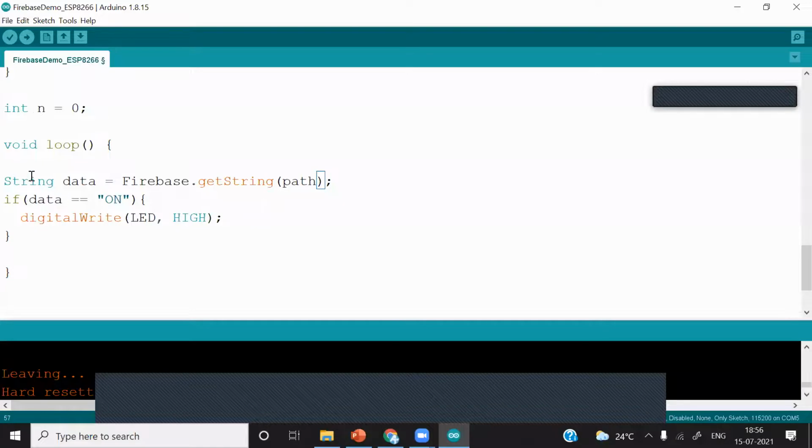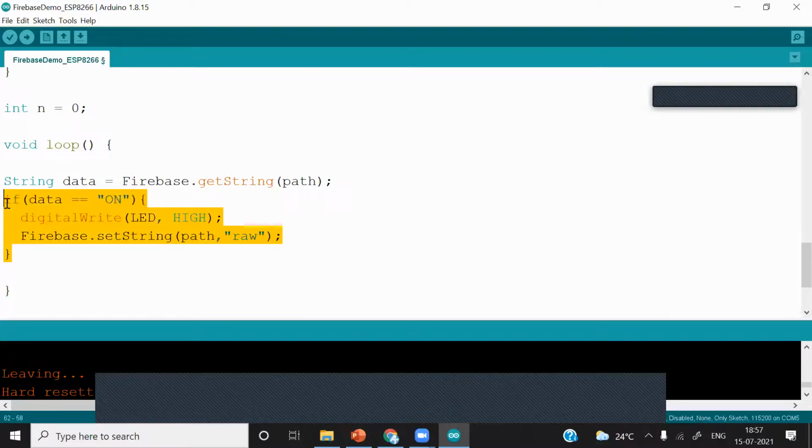And after that, what we are going to do? We just have to put some data again back to the ESP8266. So it will not change. Firebase, I will explain the logic later. Dot set. Why I'm setting this? Set string, and I'll put first argument as path, the second argument as raw data.